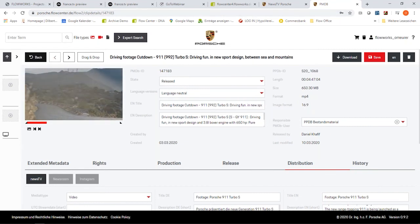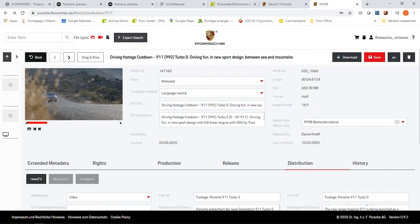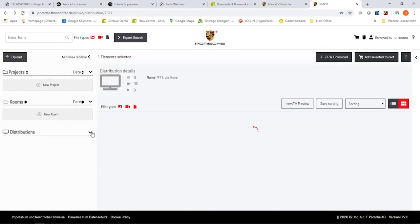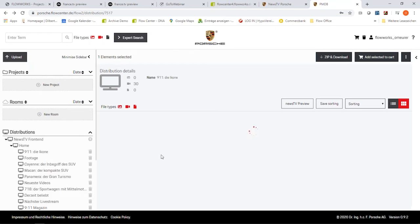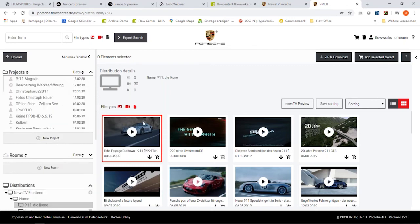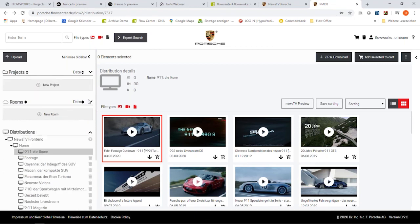And if you want to publish it, all you do is you drag and drop it into the channel you want it to be. So we're back at the 911, the icon. And let's say I also want to publish that down here. I would simply drop that into another folder. If I want to move it into project folder, I simply drop it into project folder. If I want to send that to Jutta via room,